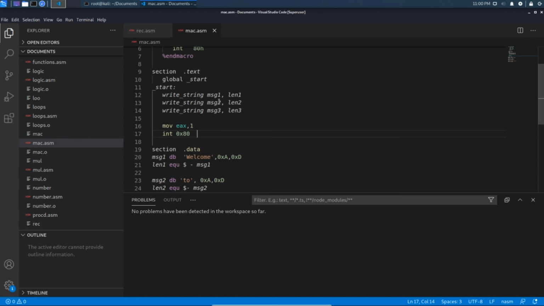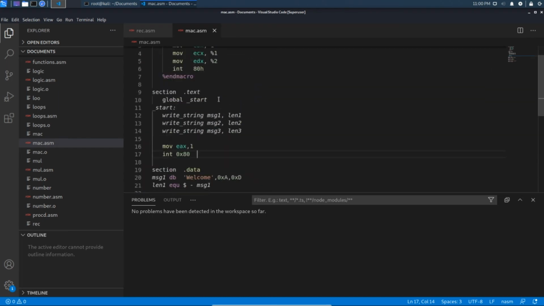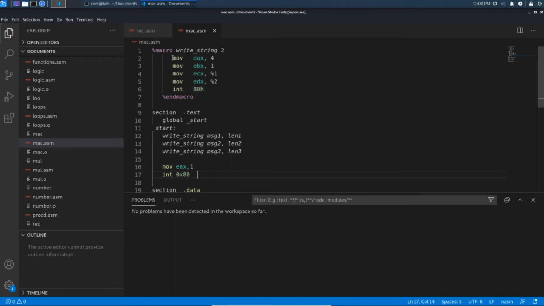I hope you all understood about macros also. Instead of writing this whole thing, whenever you need to print something, you can use macros for writing.